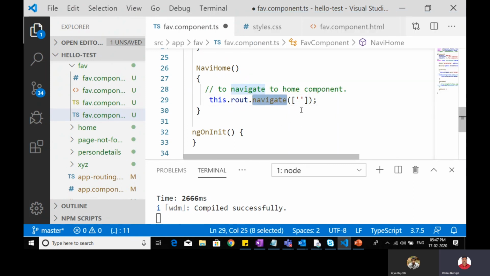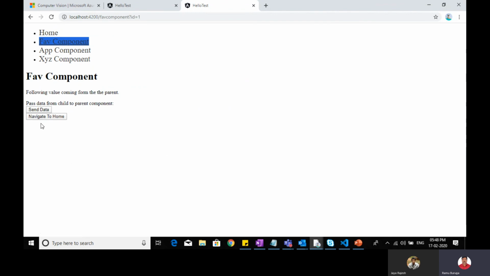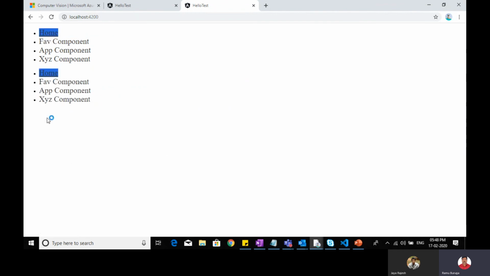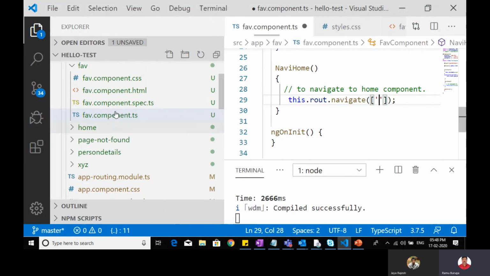Here I am passing that component alias name. For that home component, what alias name have I given? Blank, right? So I just gave blank here in this syntax. That is the reason when I come to the fav component and click on nav, it goes into the nav component. So here in the HTML, if you see